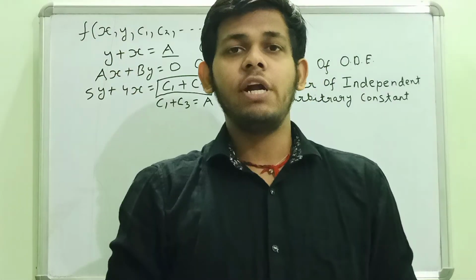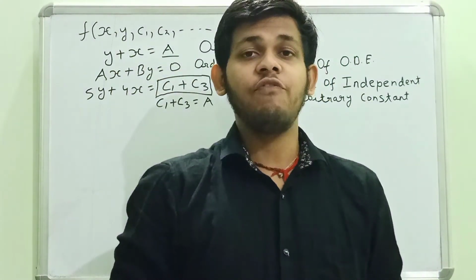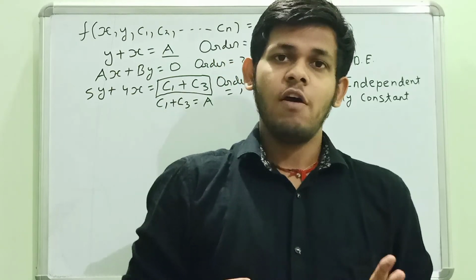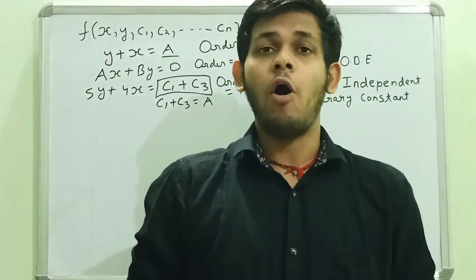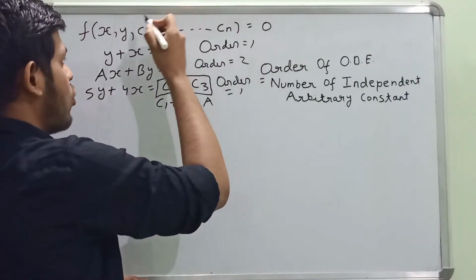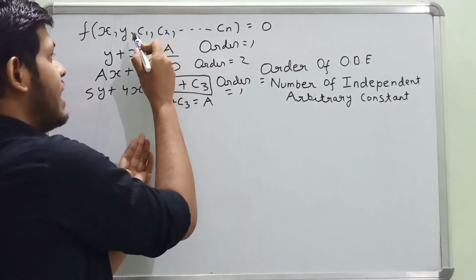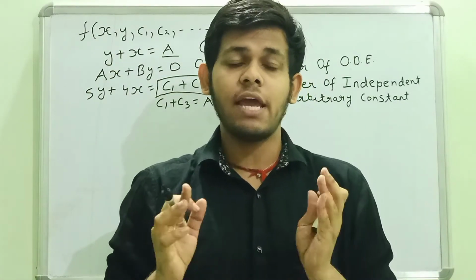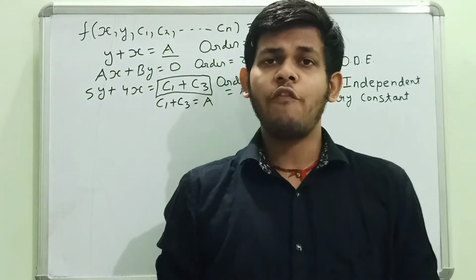Now suppose we have to determine the ordinary differential equation of a circle. Now let's study how we can form an ordinary differential equation from any sort of relation. First of all, we try to understand what the order of the ordinary differential equation formed will be, and then we differentiate the whole equation with respect to our independent variable, and we try to eliminate our arbitrary constants. Once we are done eliminating all our arbitrary constants, the equation we get will be our ordinary differential equation. So let's take the example of the equation of a circle.